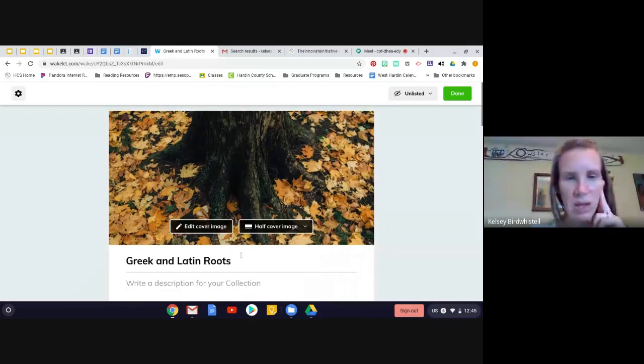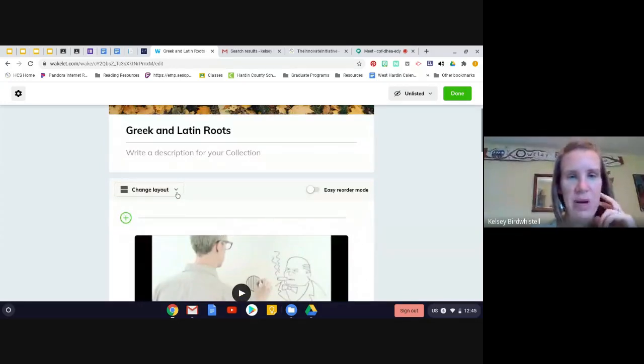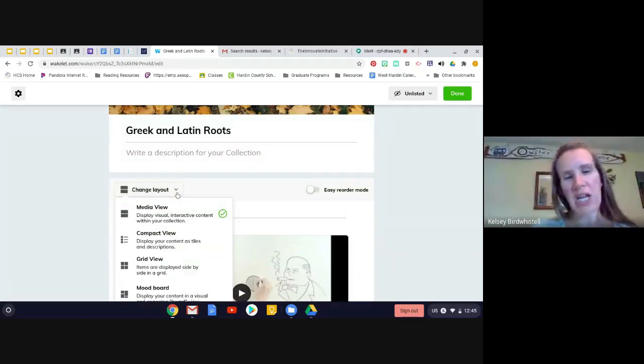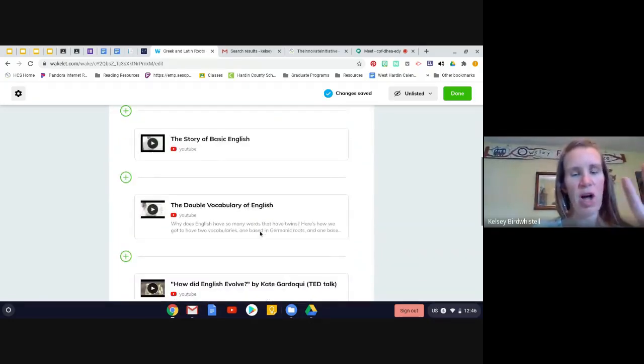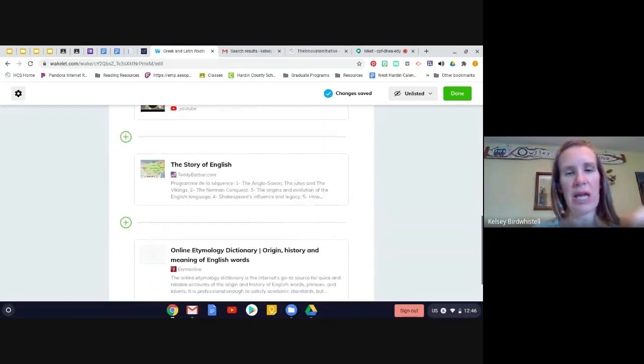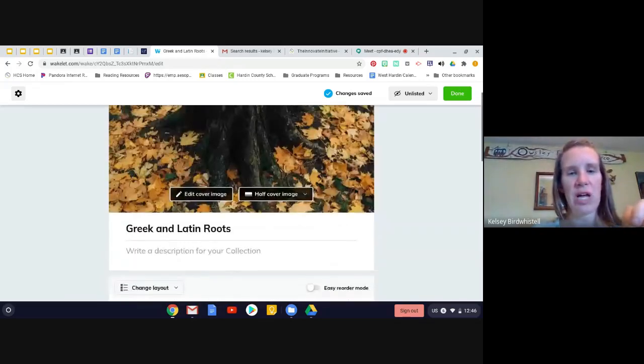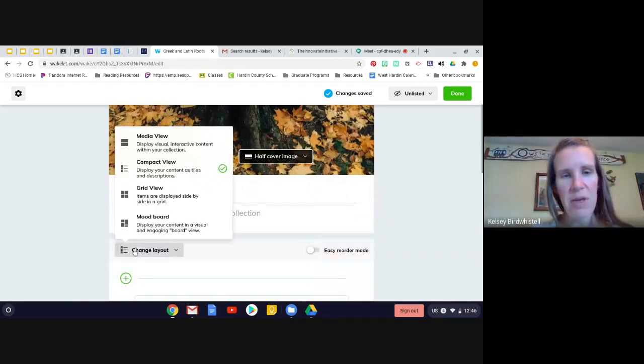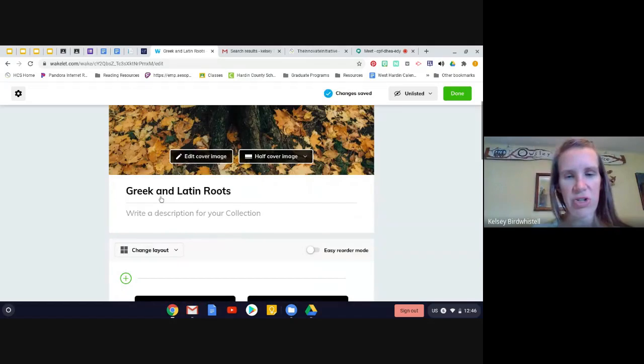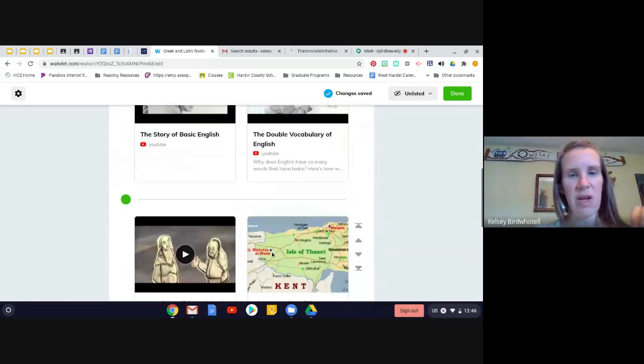And then I'm going to change my layout. So when I change my layout, I might choose to just have it a little bit more compact and basic. That almost looks a little bit more like classroomy for those of you that use Google Classroom, which I'm sure is a ton of you. You can also do a grid where they're just in different boxes. Okay, all the way down.